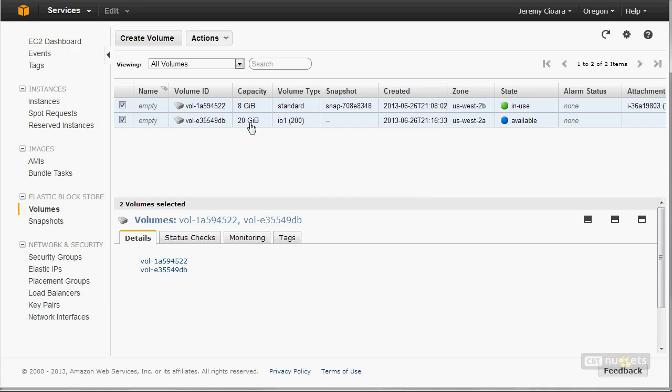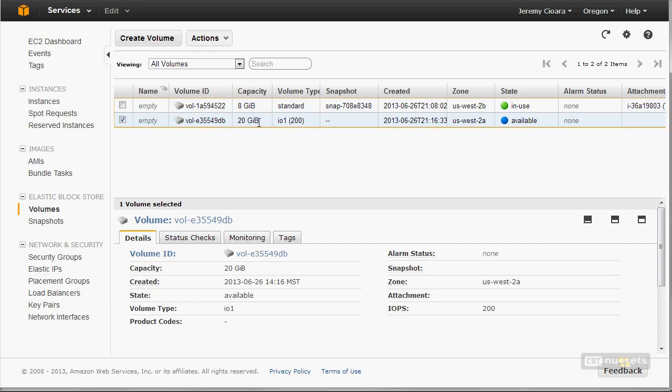and sure enough, now I've got this 20 gigabyte EBS volume that is available for me to use in this region. Now, it wasn't based on a snapshot. I can see this is a provisioned IOPS. I have 200 IOPS. Now, one of the things that'll drive you crazy is you see this name and it's empty,